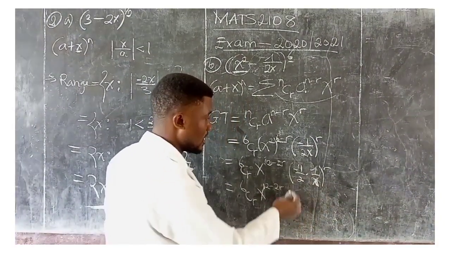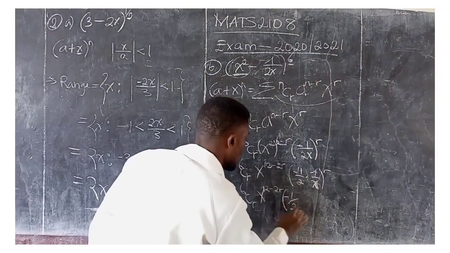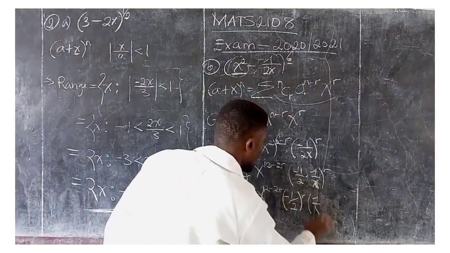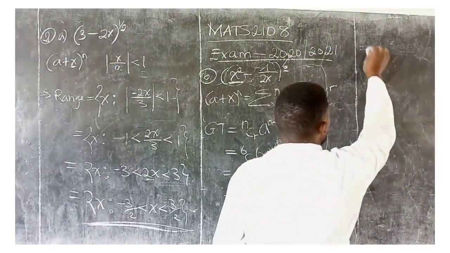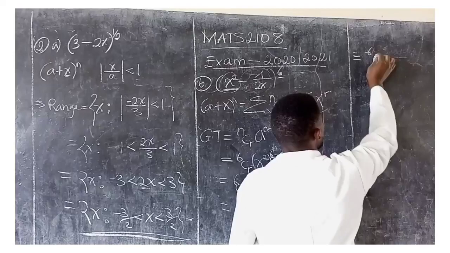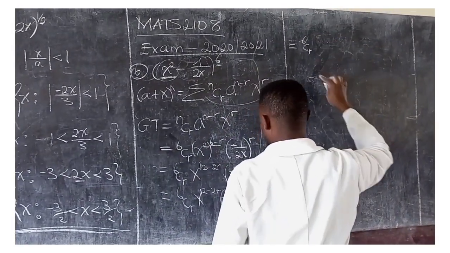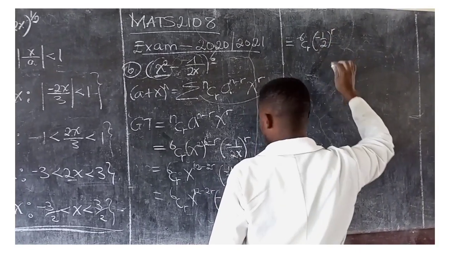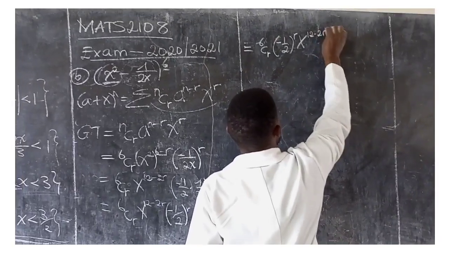Then, still from indices, we can separate these two. That means we have negative 1 on 2 to the power r times 1 on x to the power r. This gives us 6 combination r, x to the power 12 minus 2r,